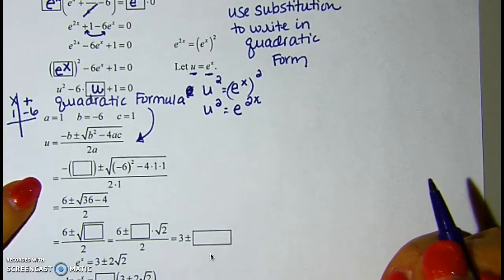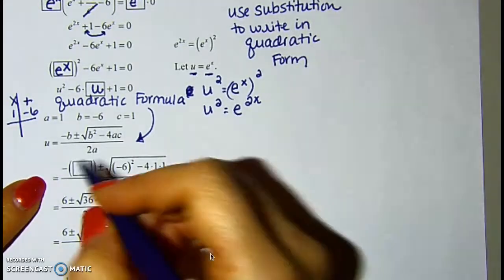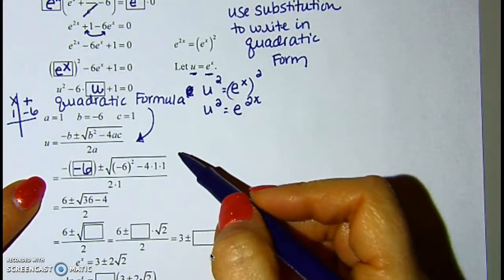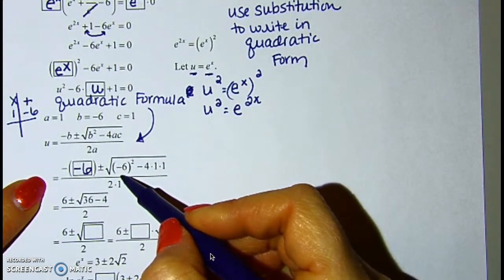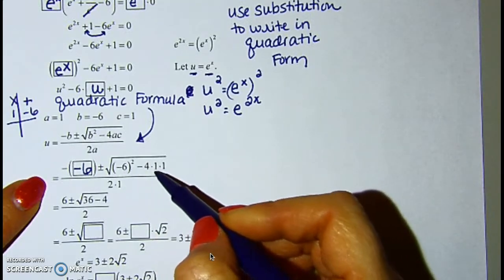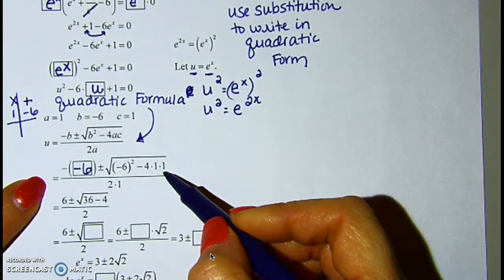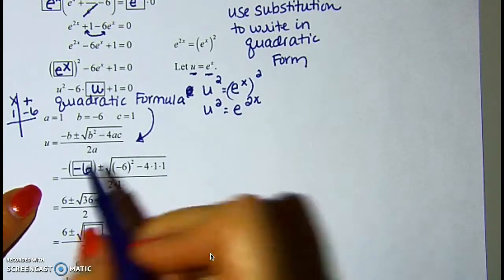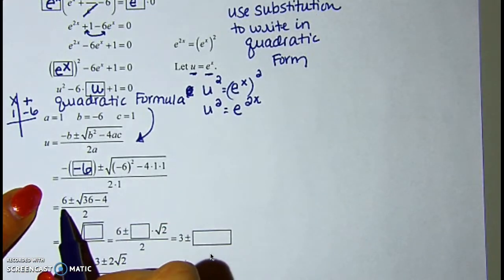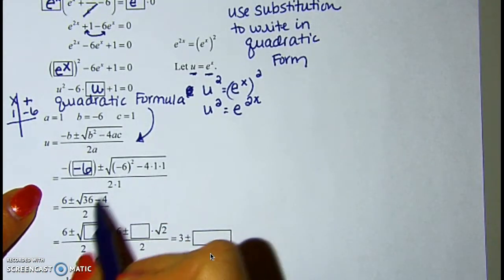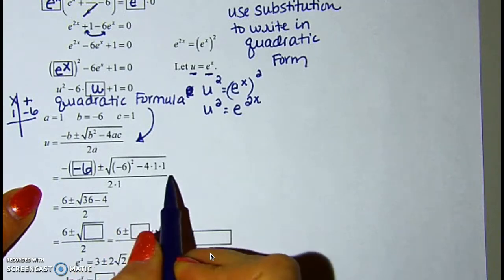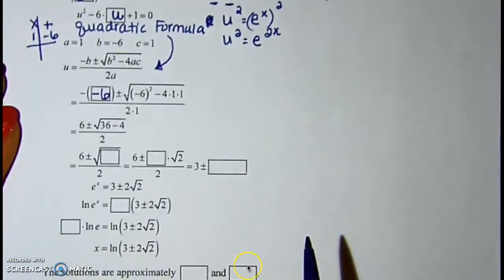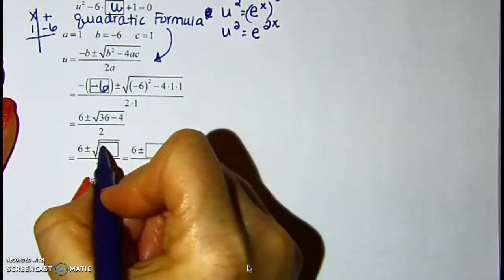So when I plug them in, I have u is equal to the opposite of b plus or minus the square root of b squared, so negative 6 squared, minus 4 times a, which is 1, times c, which is 1, all over 2 times a, which is 1. So now we'll simplify a little bit. The opposite of negative 6 is positive 6. So negative 6 squared is 36. Subtract 4, all over 2. 36 minus 4 gives us 32